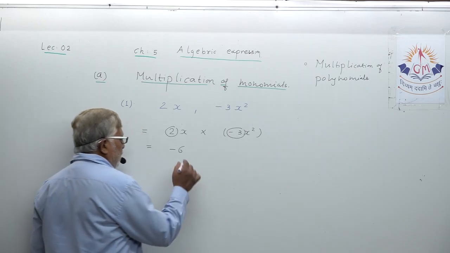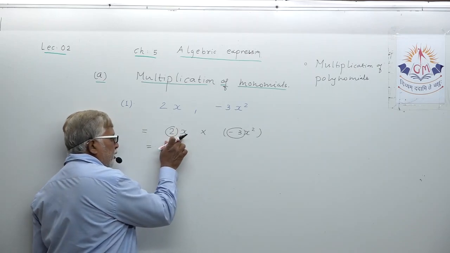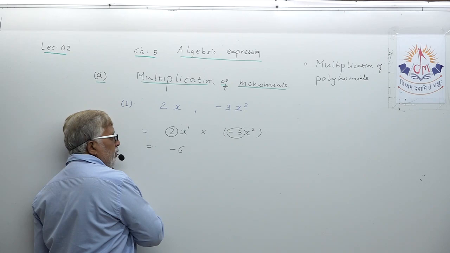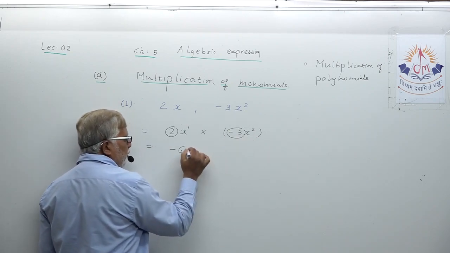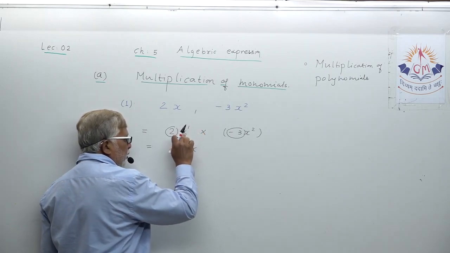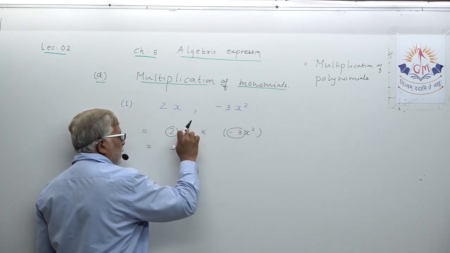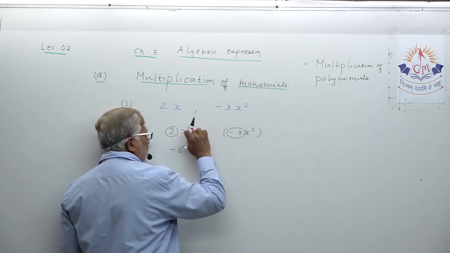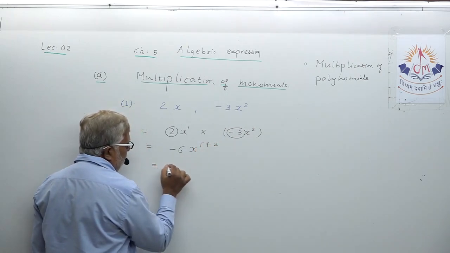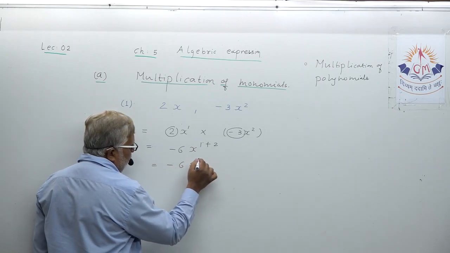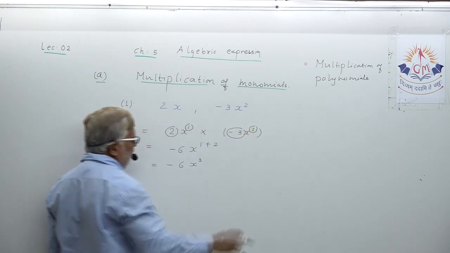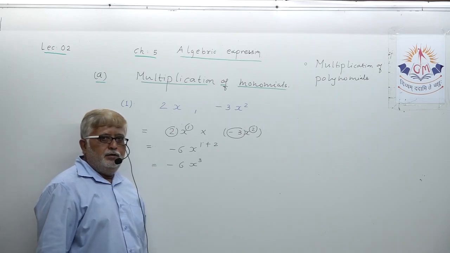When you multiply similar variables, like x square, y, z, how can you multiply? Can you see any power on this variable? Power means, as you know, the number here. No power means 1, here power 2. So what you have to do, dear student, when you multiply two variables, you have to add the powers, 1 plus 2. I am writing for you at least once. Minus 6 x raised to 3. I have added the powers of the variable. This way you can get your final answer.